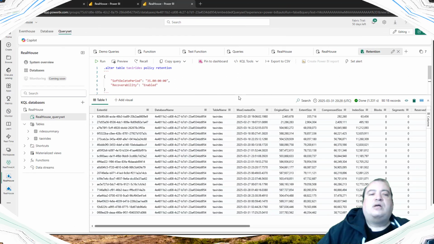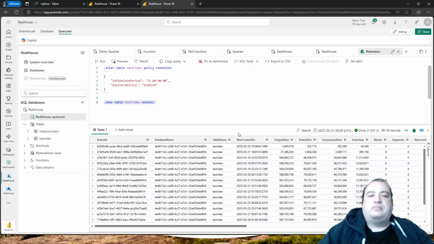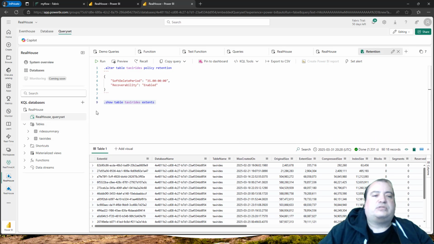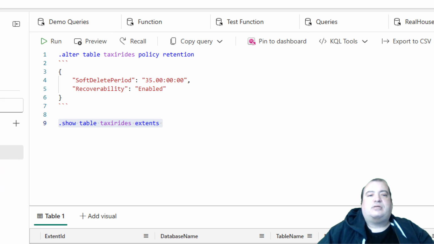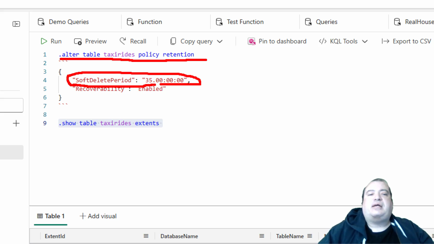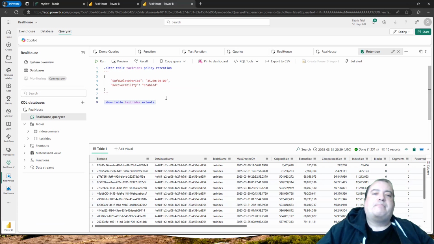How do we do that? Here we have a query set linked to this Eventhouse. And here you can see the instruction to set the retention policy: .alter table TaxiRides policy retention softdelete 35d. So I'm asking to retain the data for 35 days. In this way, every piece of information older than 35 days will be deleted. Of course, this is a simplification,